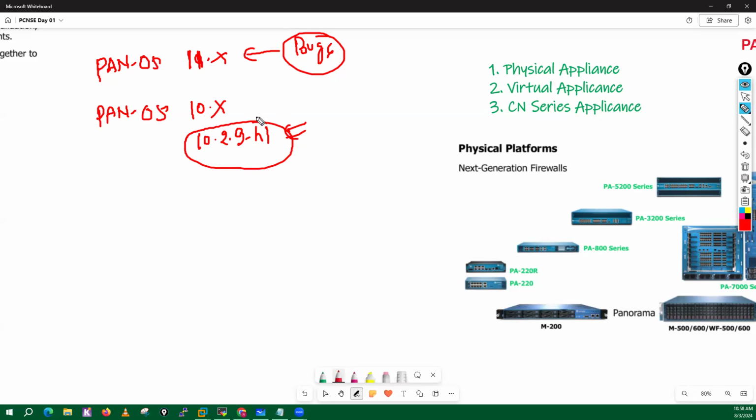Now you may ask, what is the major difference between 10.2 and 11? There is not much difference. First of all, with regards to this training, there is not much difference, but with regards to the tech troubleshooting training, there are some differences, and I'm going to cover this part. It's not N, it's H, guys. Okay,